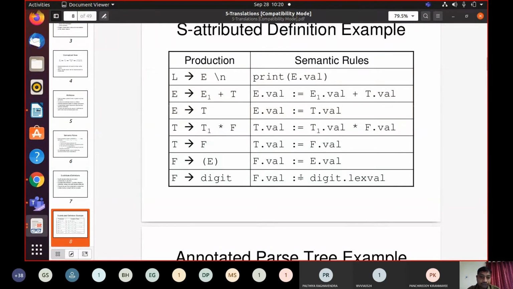F derives digit. This value digit.lexval comes from the lexical analysis. The face value, 2 plus 2, is a number, a numeric digit. These numeric digits are identified during the lexical analysis, and those values are assigned to F.val.